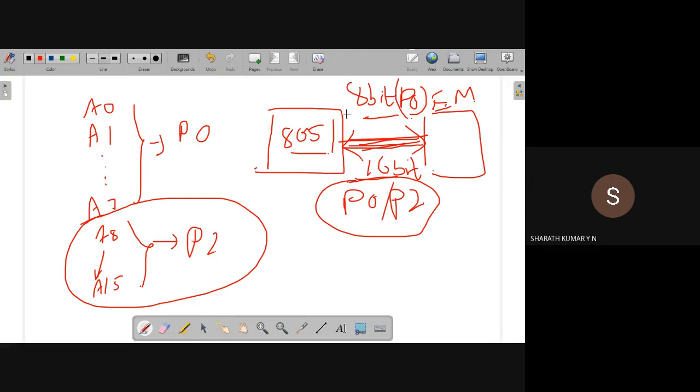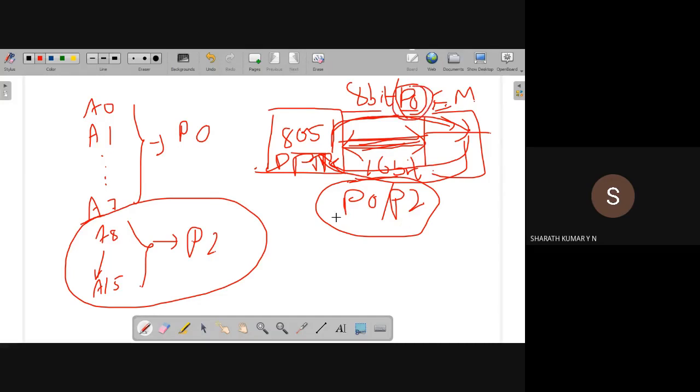This 8-bit data carried by port 0 is used to transfer data from the 8051 microcontroller to external memory, and from external memory back to the 8051 microcontroller. Those locations are pointed to by the DPTR register of the 8051. Whatever location is pointed to by DPTR, data will be transferred to that location, or read from that particular location in the external memory.